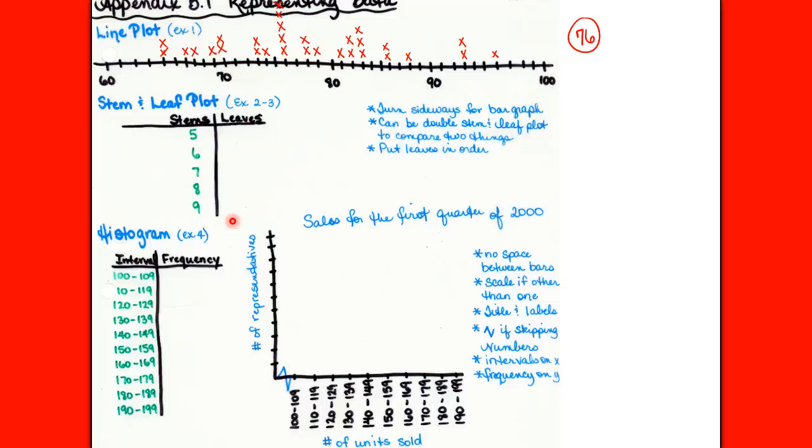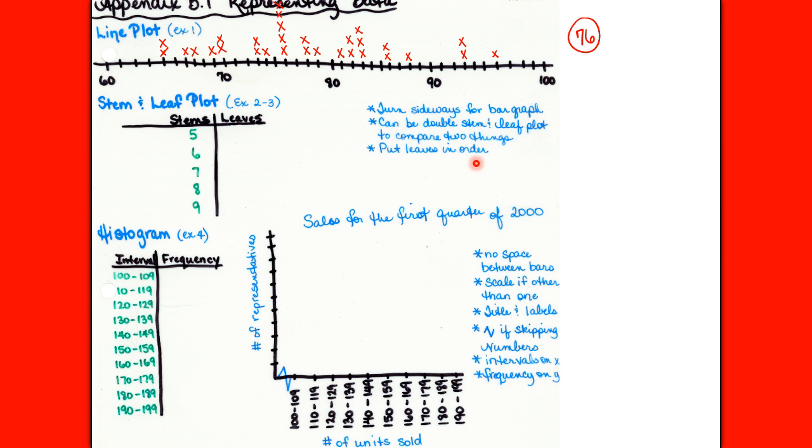So again, before I didn't have an entry over here at 58 to worry about, but I am going to need a 5 in my stems to catch that one. But otherwise, the highest number, remember, was 96, so I know that my numbers are going to need to go up to 9 here. Now, when I put my leaves on, they tell me that they want me to put